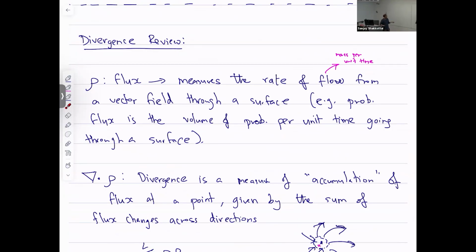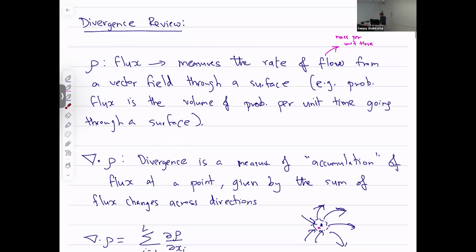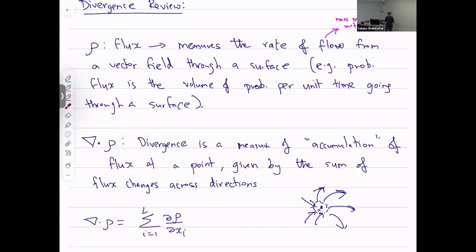So rho is a flux. Flux is essentially the rate of flow of a vector field through a surface. So what is divergence then? Divergence is a measure of accumulation of a flux at a point. Which is why we got the continuity equation and the conservation of mass, which is del rho by del t equal to minus del dot rho times v. Basically, which is saying that